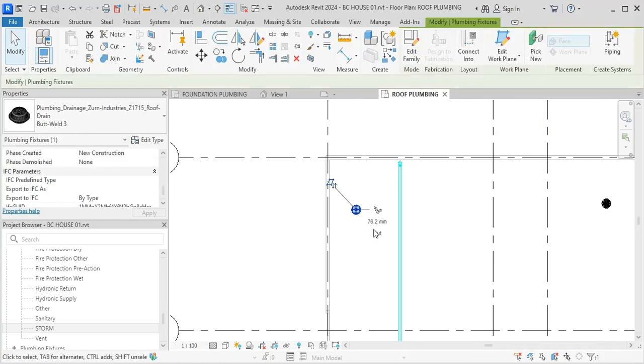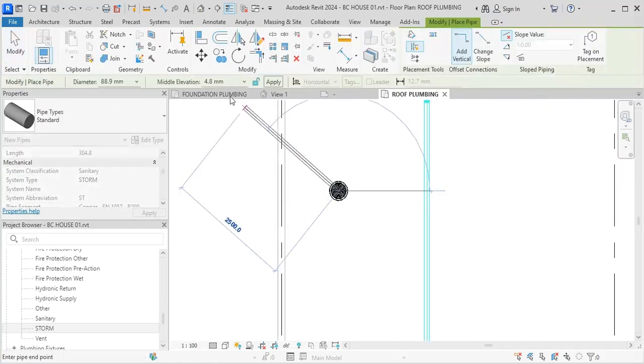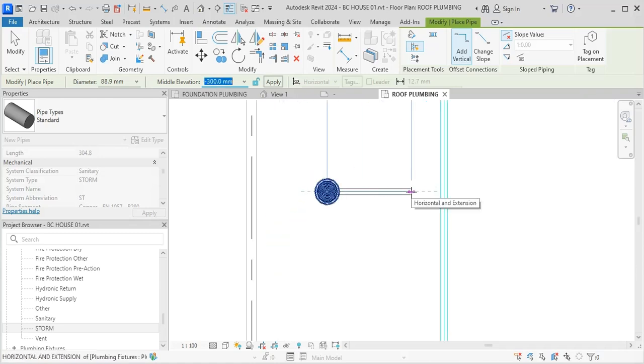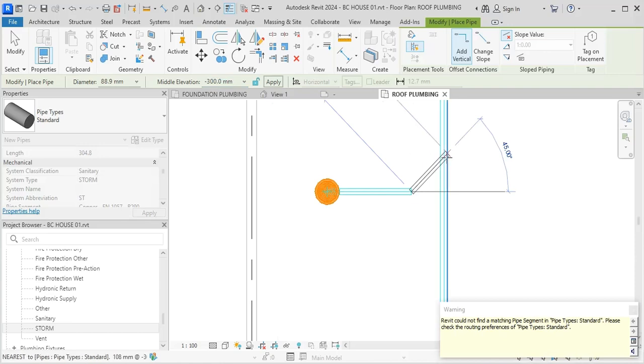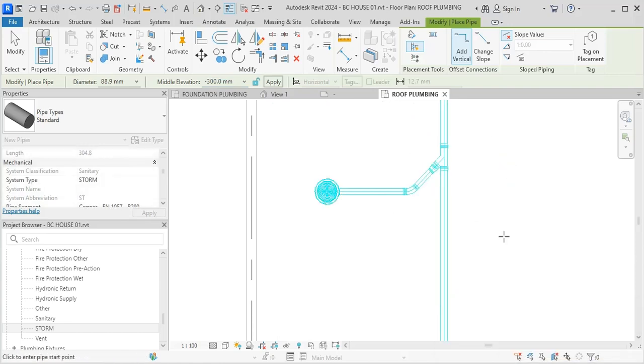Then I click this one, and then I click this one. Middle elevation, I need it to be -300. like this and connect it here,